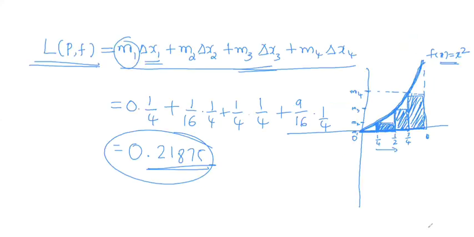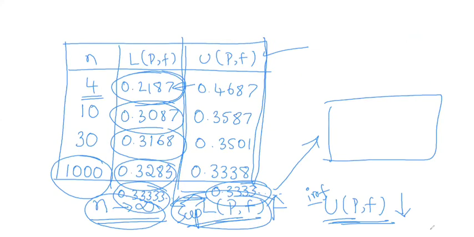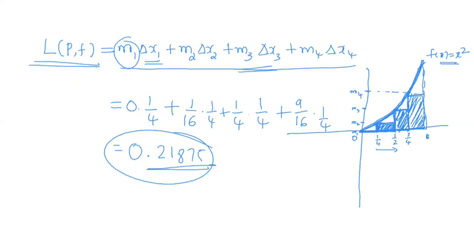In lower Riemann sum, we are only taking the area of the rectangle and we are leaving back the area of the triangle. Hence, in each case, the lower Riemann sum is actually less than the actual value. So this was the actual value, but the lower Riemann sum is lesser than the exact value because every time you are taking the area of the rectangles lying below the function curve and we are leaving back these triangles.